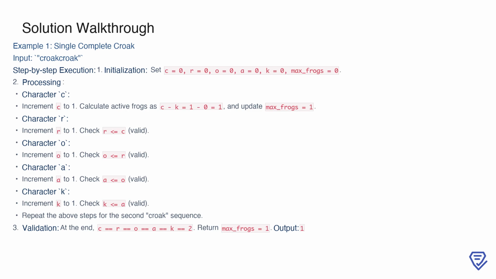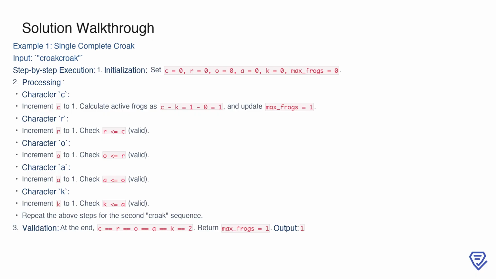First, we encounter C, so we increment its counter to 1. Since there are no completed croaks yet, the number of active frogs is calculated as C minus K, which gives 1. We update max_frogs to 1. Next, we process R, incrementing its counter to 1 and ensuring that its count does not exceed C, which is